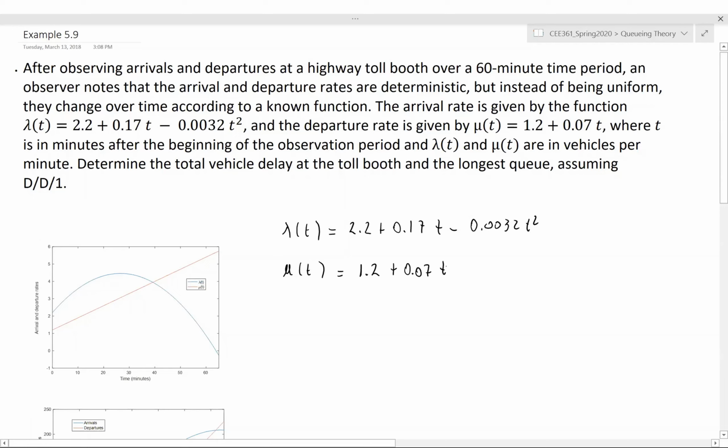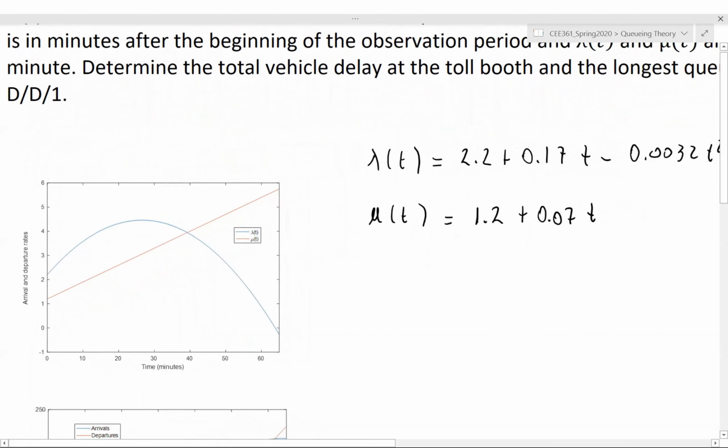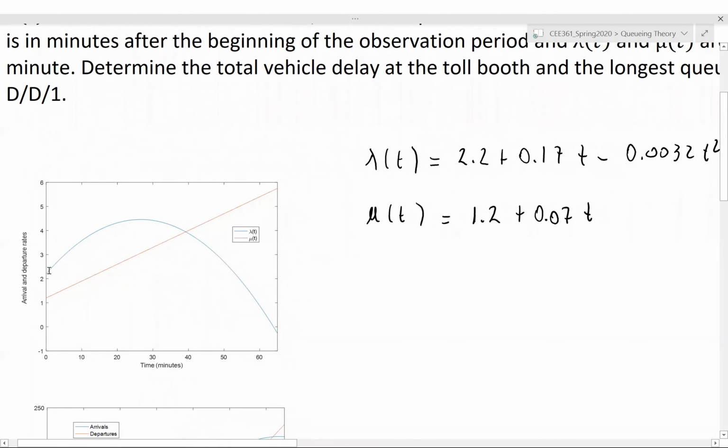That's the information that we're given. And notice that to save time, I plotted very nicely now with Excel this time. The first one is a quadratic expression, has this form, and the second one, it's a straight line. So this is the arrival rate as a function of time, this is the departure rate as a function of time. And based on what we just said,